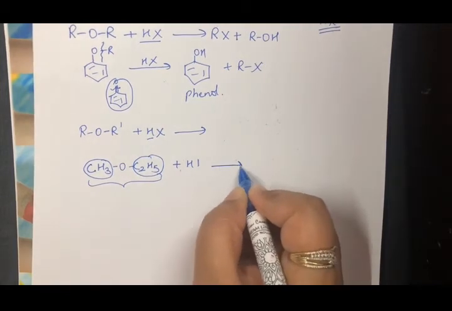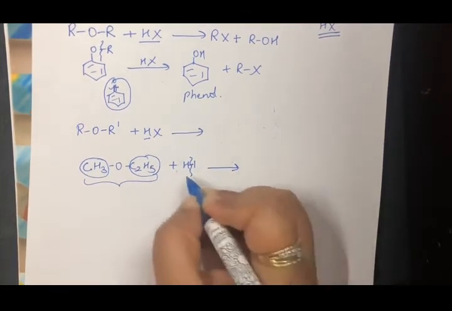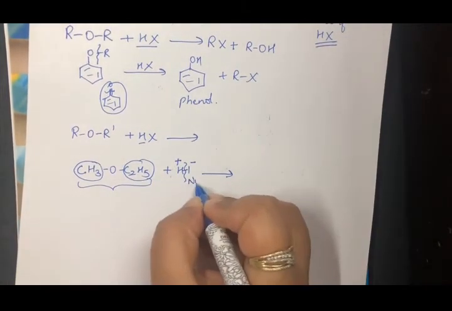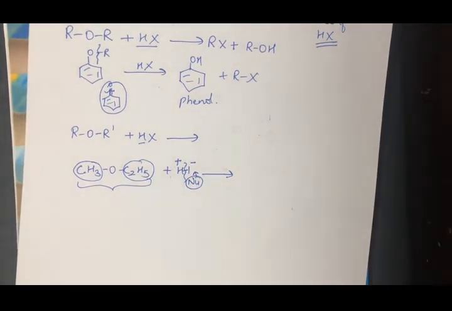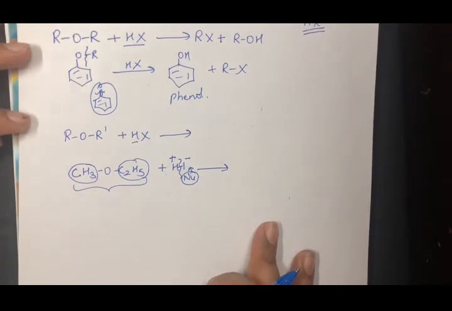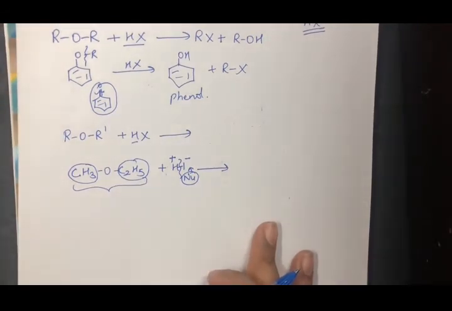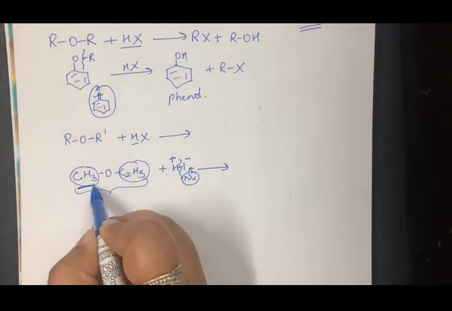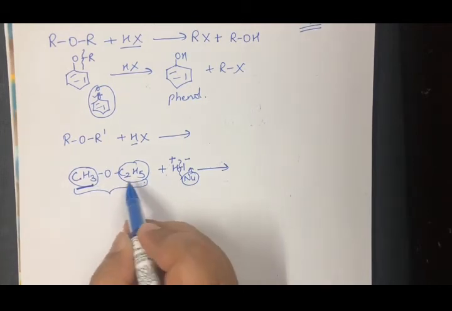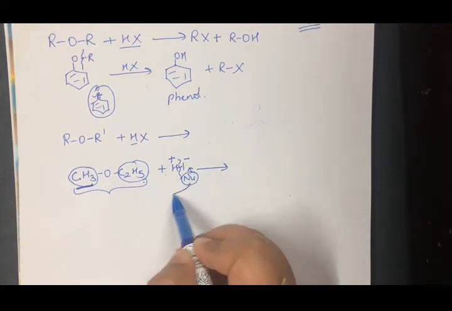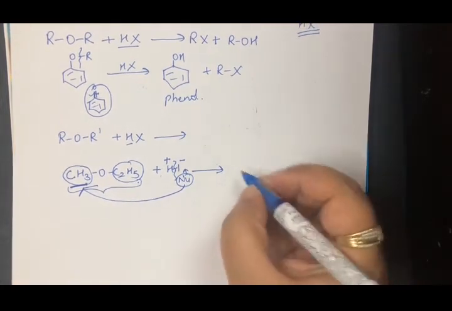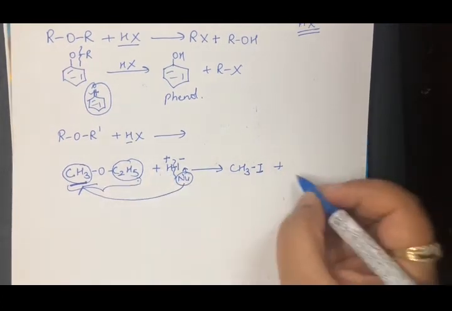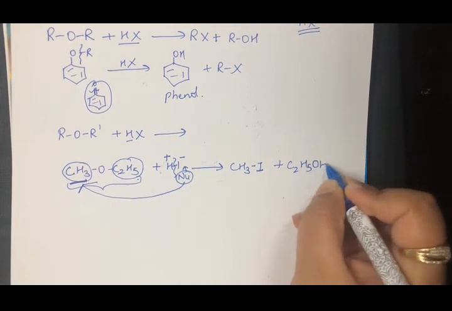So you have to remember that whenever this breaks, I have taken the halogen halide here, this will be negative and this will be positive. This is my nucleophile, my iodide ion. The nucleophile will always attack the side where there are fewer carbon atoms. This one was my alkyl chain with fewer carbon atoms, and this alkyl chain has more carbon atoms. So my nucleophile will go and attack the carbon which is lesser in number. So I will end up getting CH3I, and the H will go to the other side, so it will be C2H5OH.